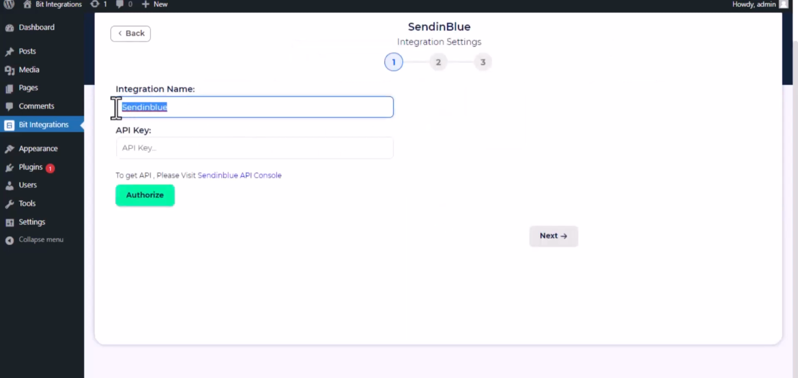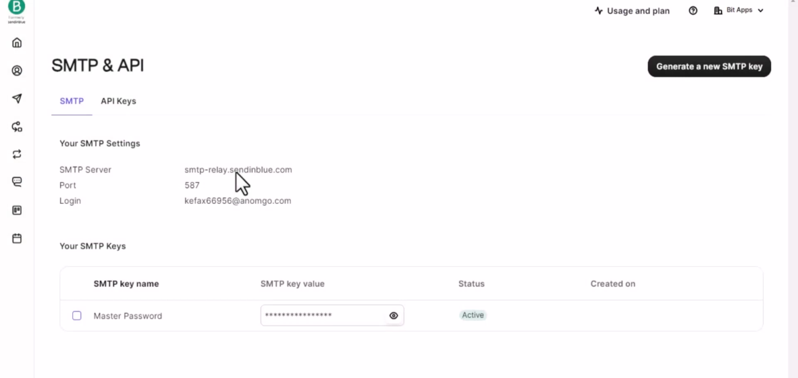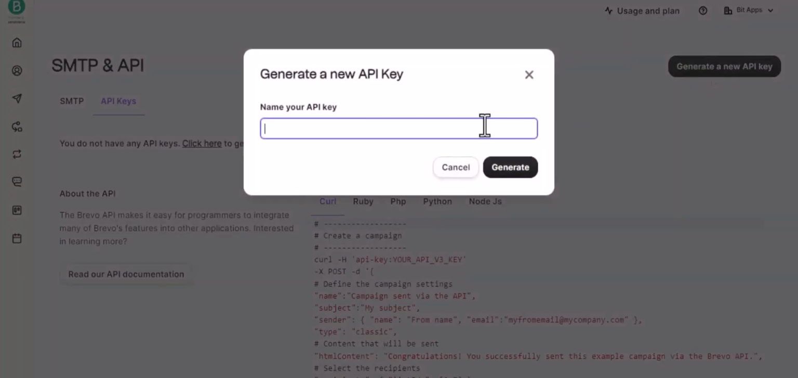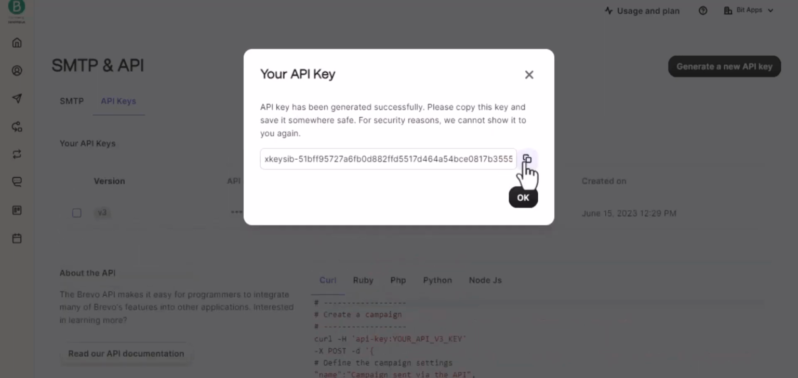Here, give a meaningful integration name as you want. To get API, please visit Sendinblue API console. Then click on API keys. Click on Generate a new API key. Give a name of your API key. Then click on Generate. Copy the API key